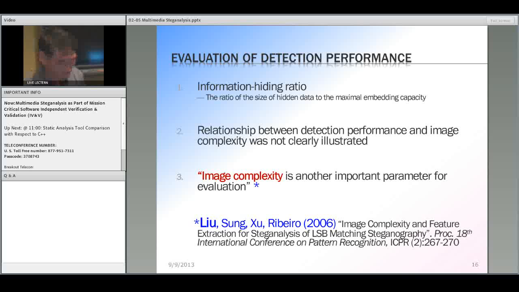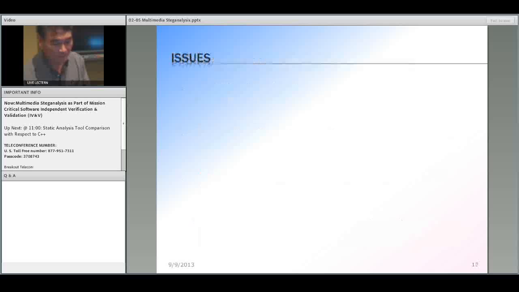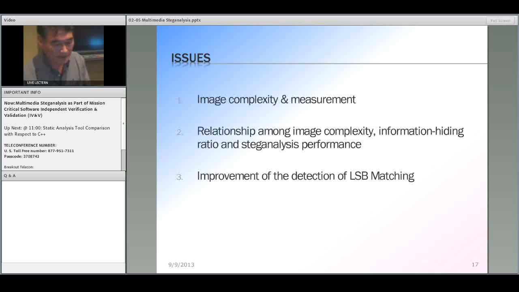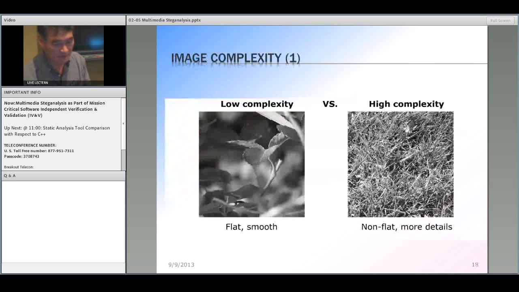Naturally, the higher the ratio, the easier it is to detect. And the image complexity, in fact, is an issue that needs to be taken into consideration when evaluating